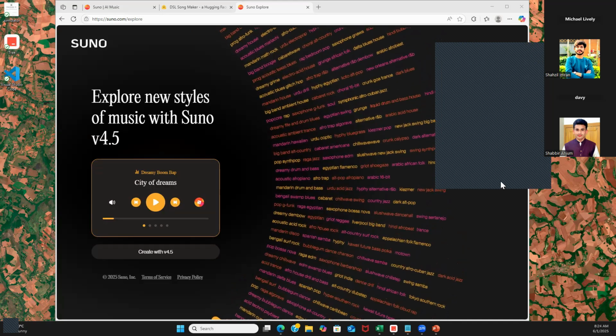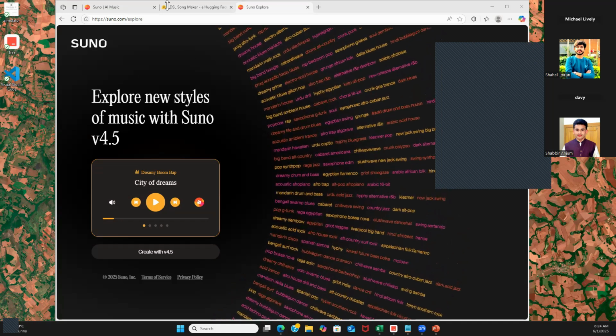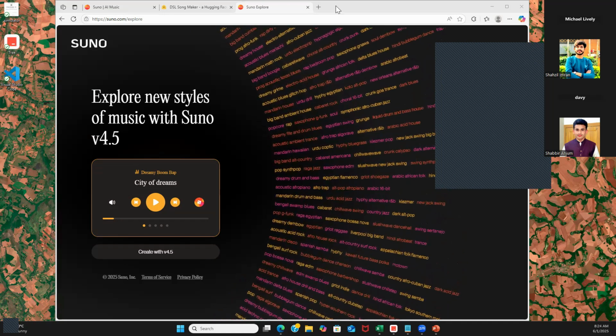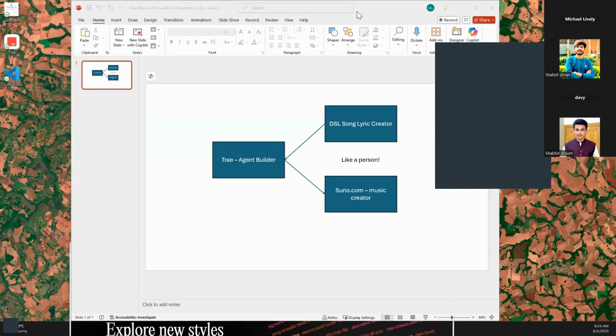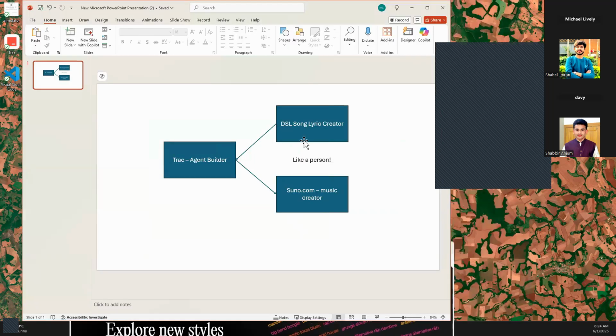Okay, so let me go ahead and bring up my slide deck again. So we start working on that. There's two options, I believe, for working with Suno, the agentic option. What will happen here, we'll put Shajir right on this one. He'll look at styles, and that's going to feed right into this. And then we need to figure out what we're going to be coding this in.